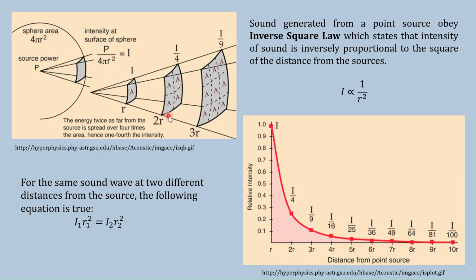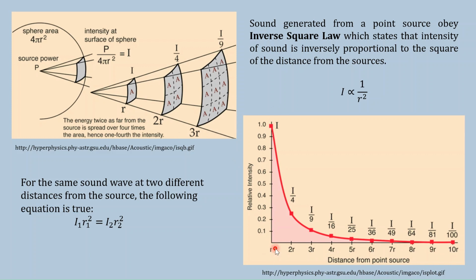At the distance of 2r, the intensity value is 1/4 of this value because यहाँ पे जितनी energy थी that is getting spread in a much wider area. और now at the distance of 3r जो intensity की value है that will be 1/9 of this particular value because अगर हम यहाँ इस equation में 3r रख के ये calculate करें तो 3r का square हमारा 9 आएगा. So I by 9.